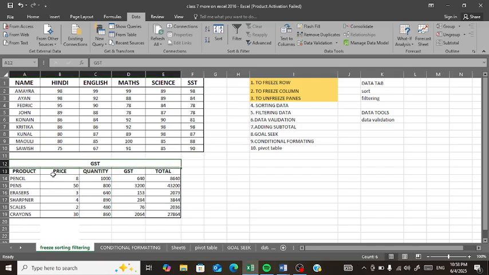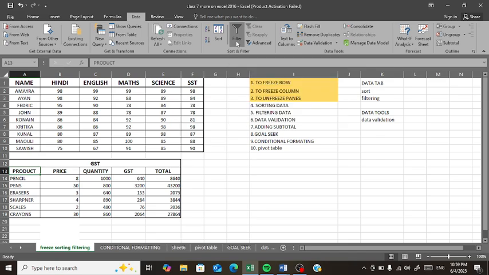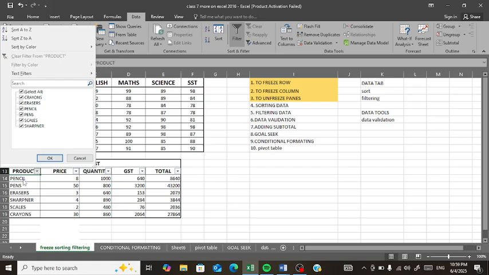And here's the data. Suppose we want to filter it. You have to select any cell and go to data, sort and filter. There are two options, in which we have to go into the filter. Just click on filter. You can see these will show all the entries of this column. What are the entries? Pencils, pens, erasers, sharpeners, scales, crayons, all of them. When we deselect,